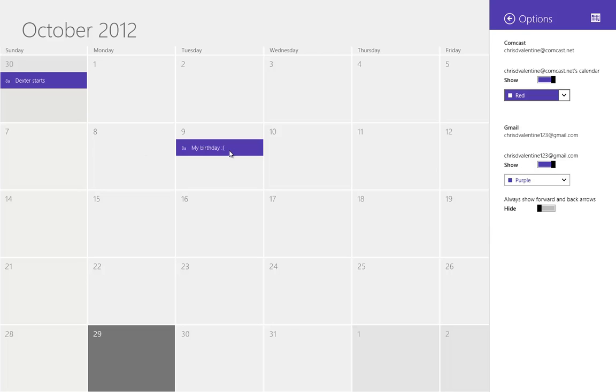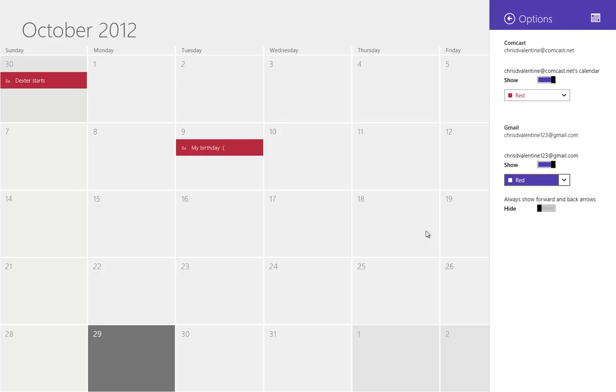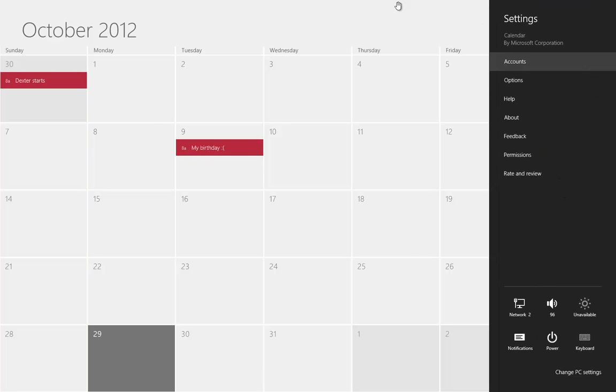So in this case, purple dates would be my Gmail calendar, whereas red dates would be Comcast, and currently I have no Comcast. So let's go ahead and change the color of this just so that we can see. So there you go, it shows the red. So let's go ahead and exit out of here. The next app